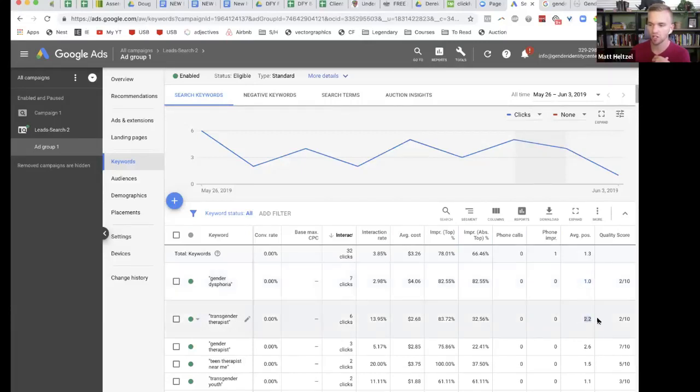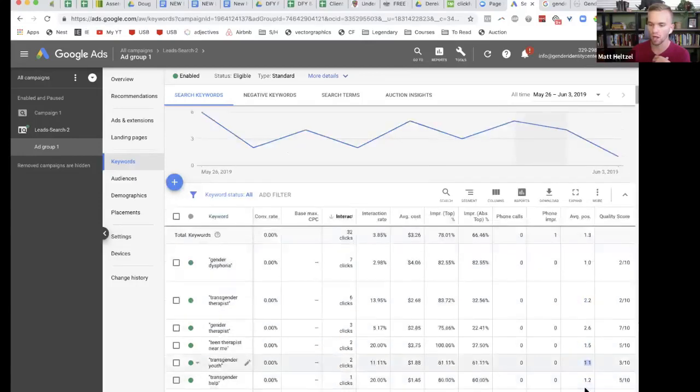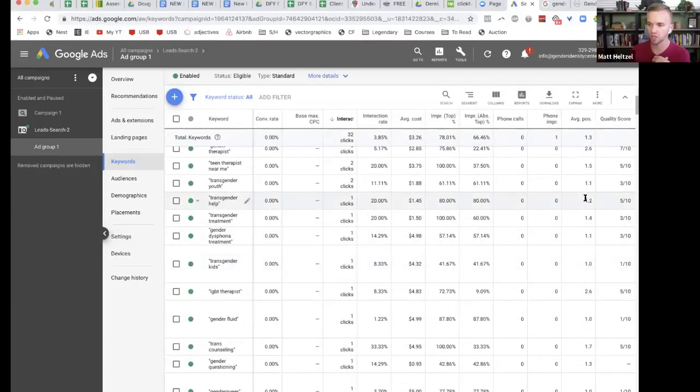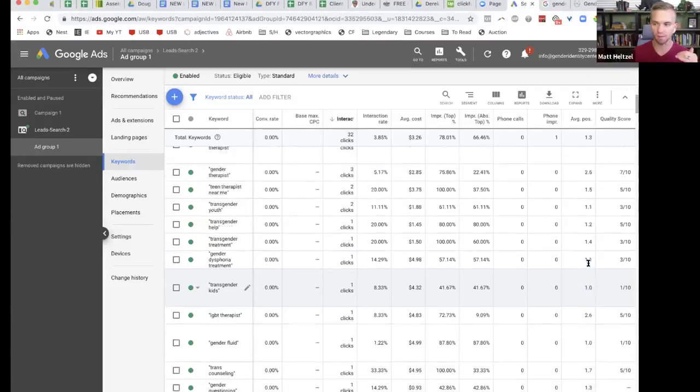My average position here is 2.2, 2.6, 1.5, 1.1, 1. See all these ones for my average position right here? Can you guys see that? Type to me yes if you can see that. Average position means what rank am I in the search? So when people Google search this keyword, transgender kids, my average position is 1 every single time.